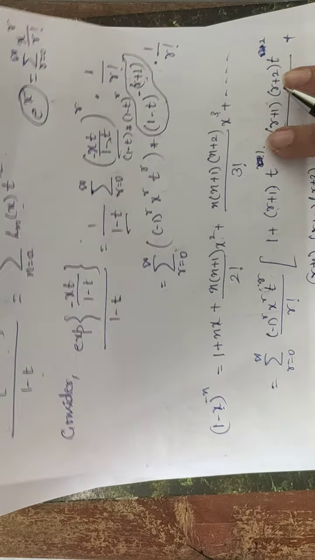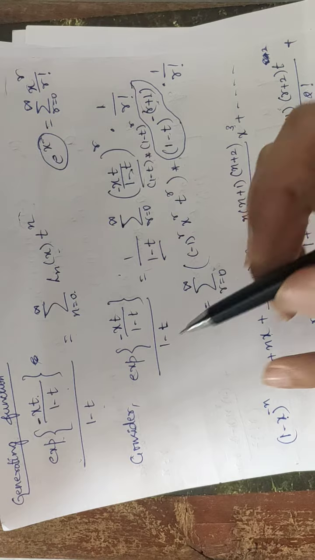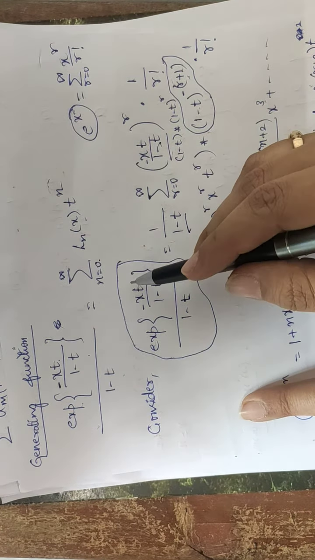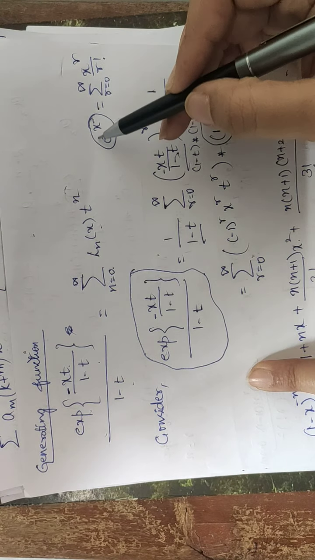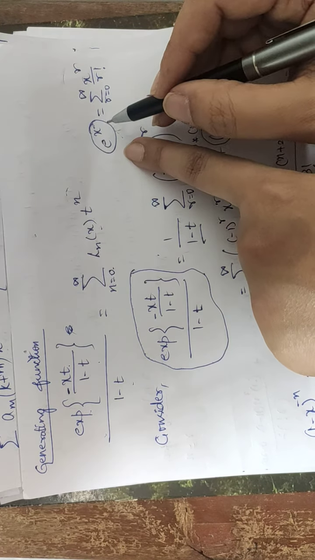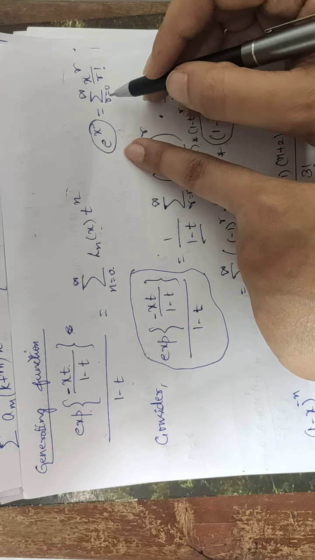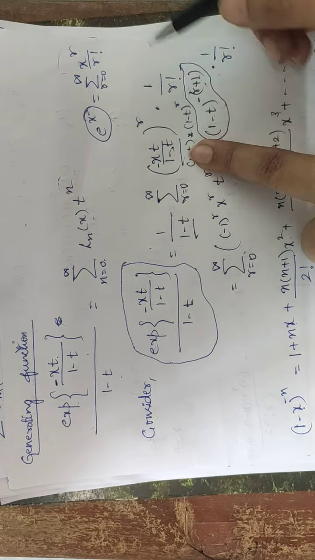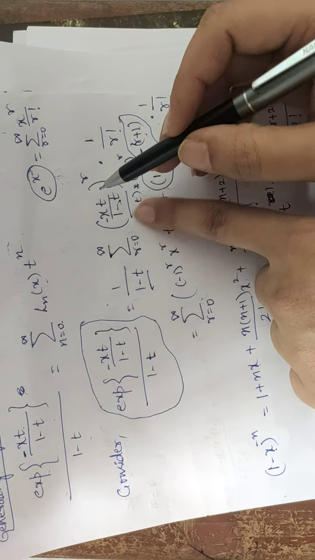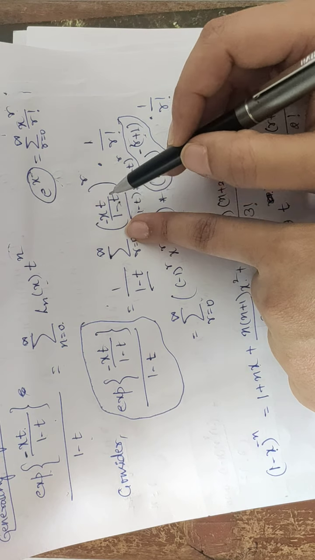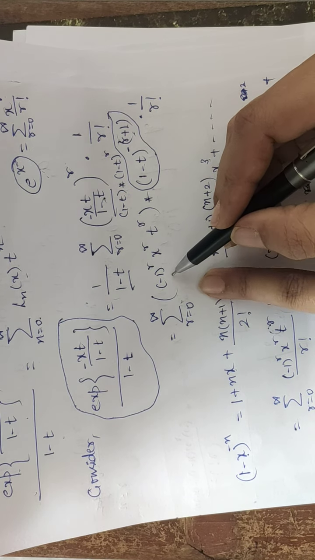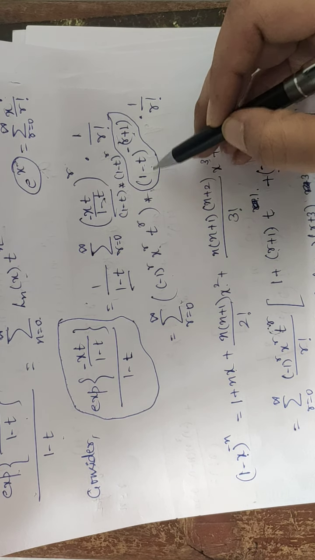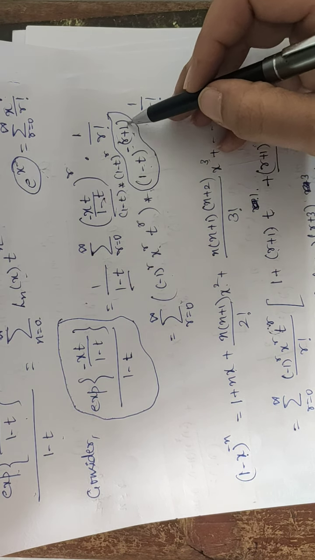So I will explain this part once again, just observe carefully. This is my LHS part. To my LHS part I am applying the exponential expansion, that is e power x is nothing but summation r is equal to 0 to infinity x power r by r factorial. So if you substitute that, you will get this term. Here I am just splitting my powers to each and every term, so that you will get minus 1 power r x power r t power r into 1 minus t whole power minus of r plus 1 into 1 over r factorial.